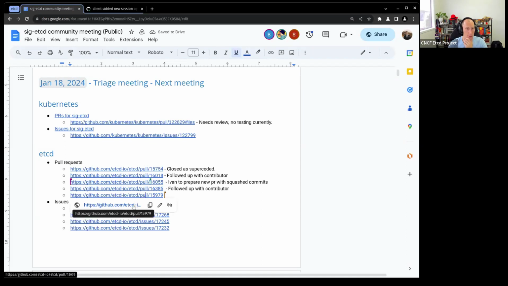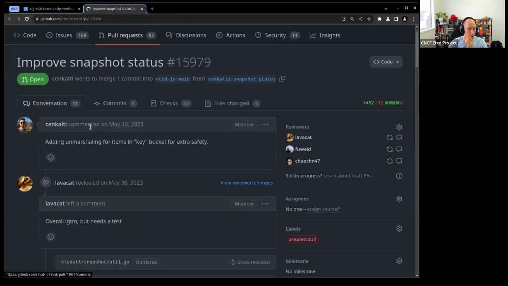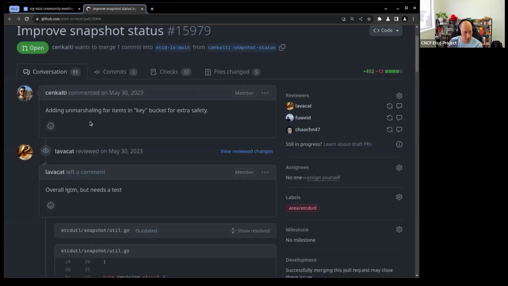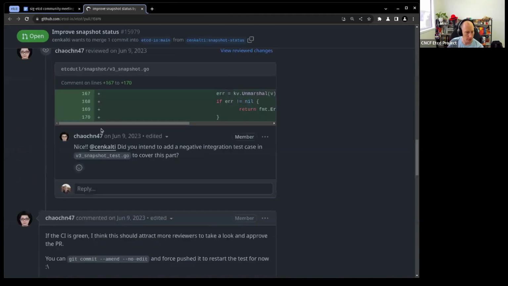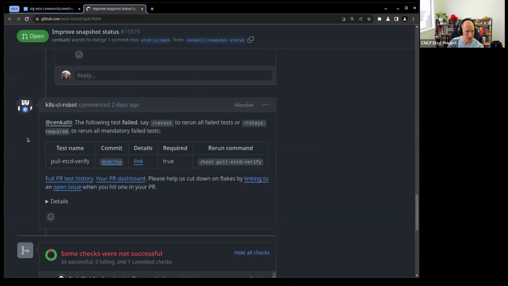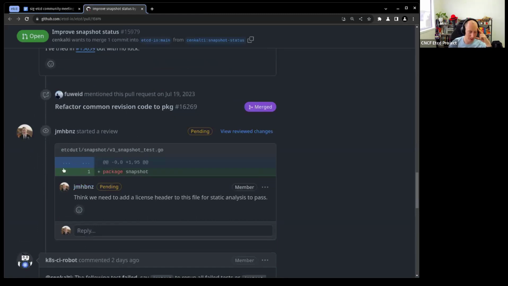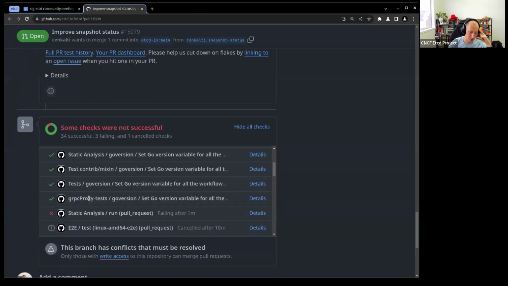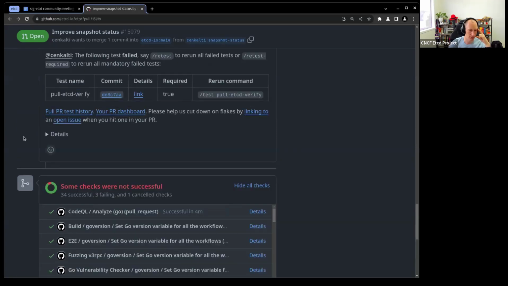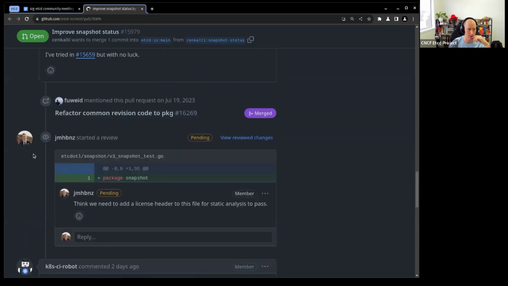Okay, on to our next one for CD PRs. This one wasn't complete, I think, yet. So it got close, but I've actually got a draft review on it. Yeah, okay, static analysis is failing because there's a new code file which doesn't have the code header. It's a trivial fix. It just needs the boilerplate copy pasted at the top of this.